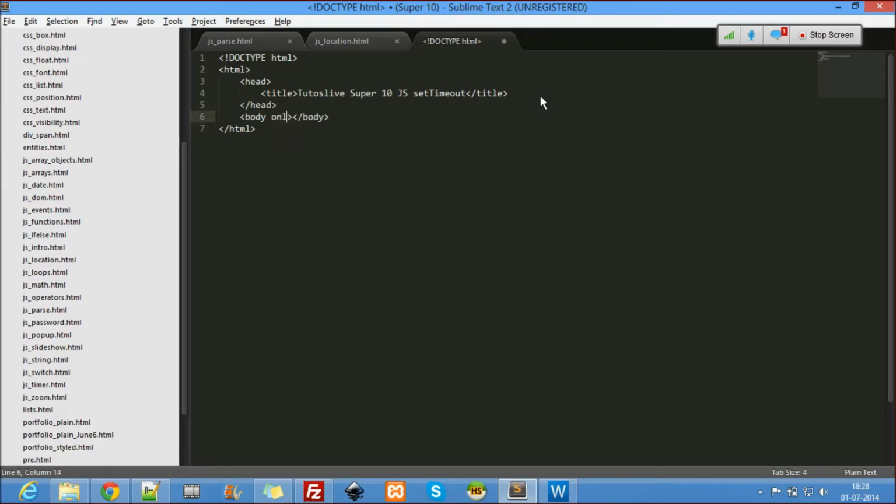So here nothing. Okay, here I say onload equal to JavaScript start function, some silly function over there. So I'll write a JavaScript here, script.